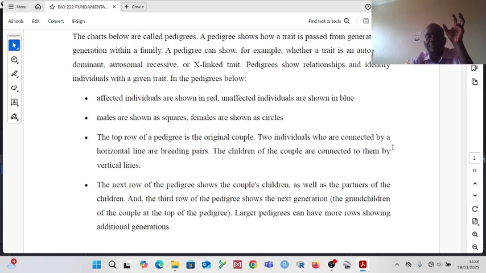Then now, because this original couple, being a couple, it means there is a male, there is a female. So they will be breeding. And they are now connected by a horizontal line. So from one member of the couple to another member of that couple, kuna line itatoka kwa huyu iende kwa huyu horizontally. Then now if these two have children,